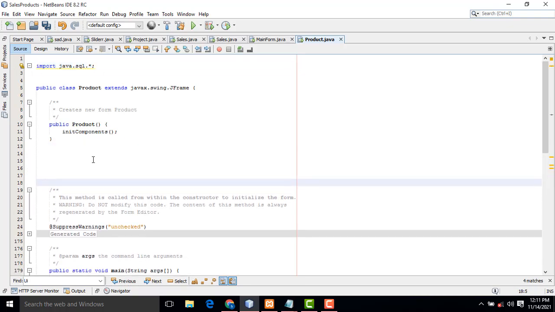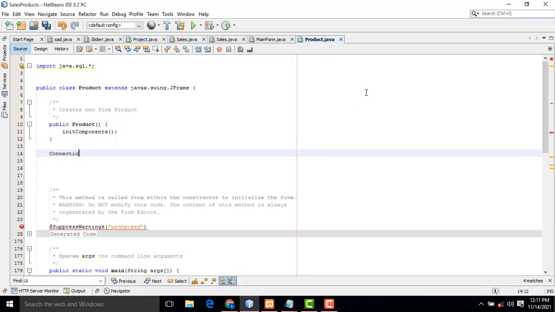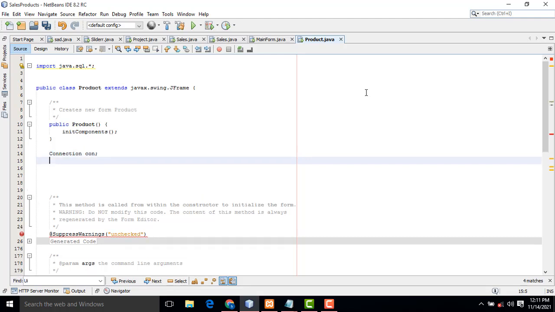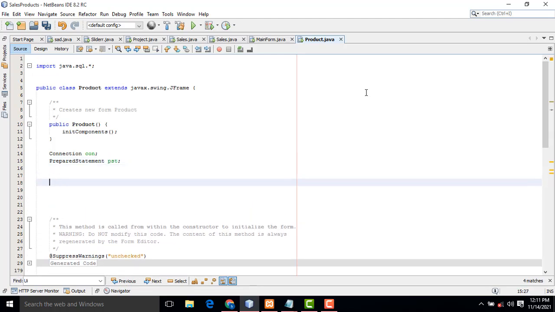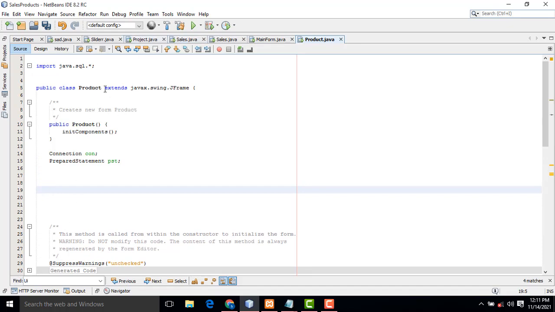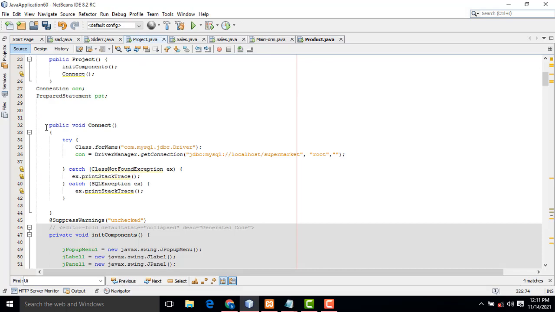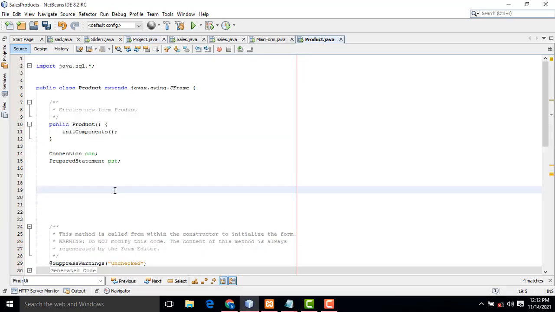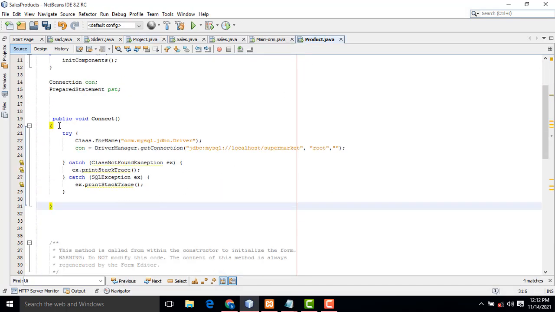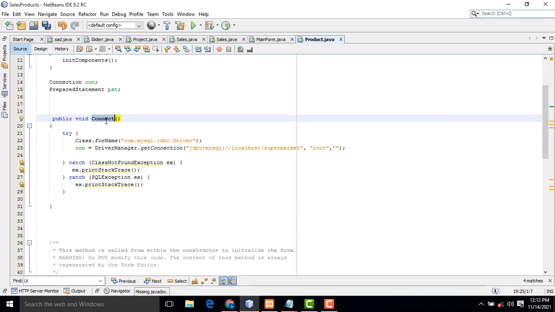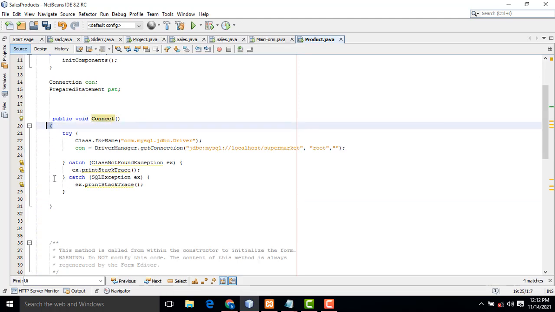After that, I'm going to establish the database connection. I've already written it so we don't need to write it again. Add the connection object, Connection con, and the prepared statement object, PreparedStatement pst. After that I have to establish a database connection. So I wrote the connection, Control C copy, Control V paste. I will explain, don't worry about this. It is a connection method I have created, starting and closing.